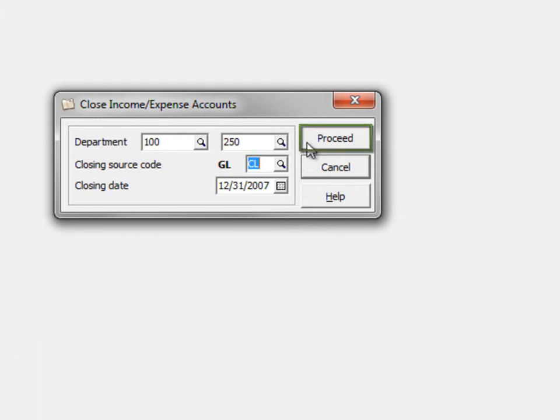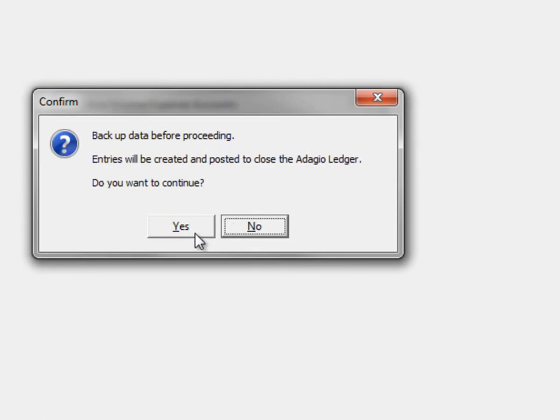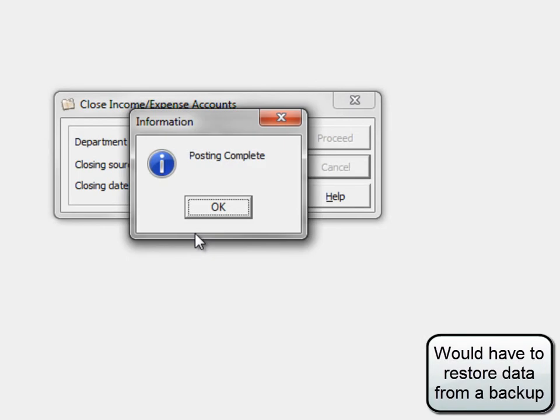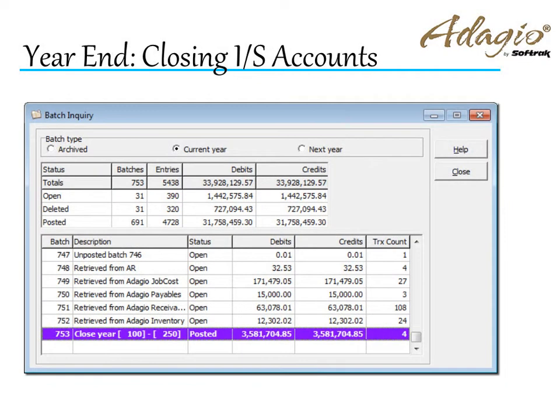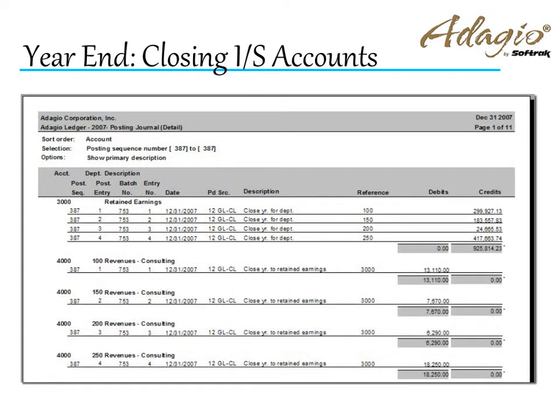Click the Proceed button to continue, and ensure that a good backup of the data exists, because this process cannot be reversed. A batch is automatically created and posted, and the posting journal is updated with all the changes for the transferred